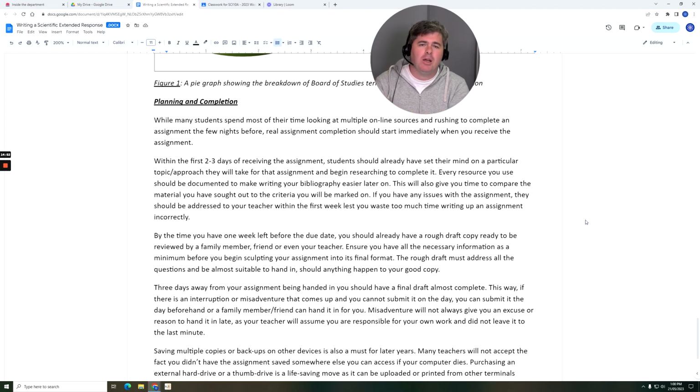If you expect to be done the night before, it's not going to happen. All right? Word to the wise, it's not going to happen. So, 3 days away before the assessment, you should have a final draft almost complete. You're just doing the final bits and pieces, so you're editing fonts, you're moving an image around, you'll make sure